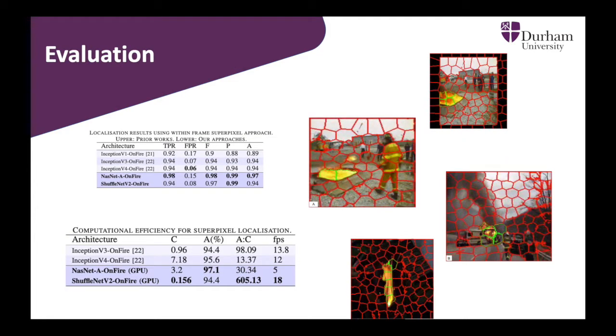For superpixel-based fire detection, NASNet A on Fire achieves the highest true positive rate with 0.98, outperforming the prior works. Both architectures have a high overall accuracy of 0.97 and 0.94 for ShuffleNet V2 on Fire. The table below presents the computational efficiency of superpixel localization running on a GPU configuration. ShuffleNet V2 on Fire provides the maximal throughput of 18 frames per second and is the most computationally efficient